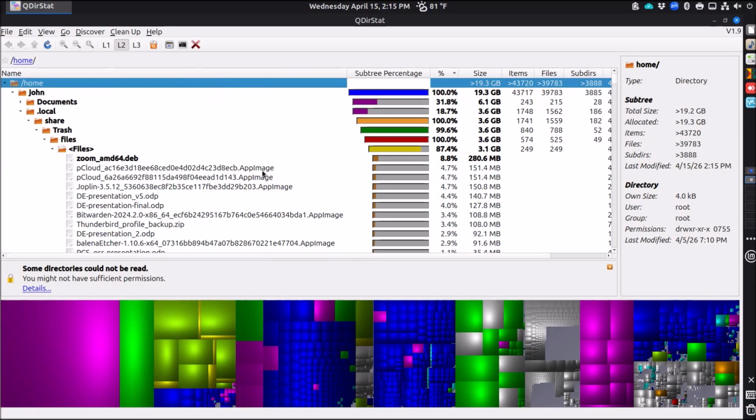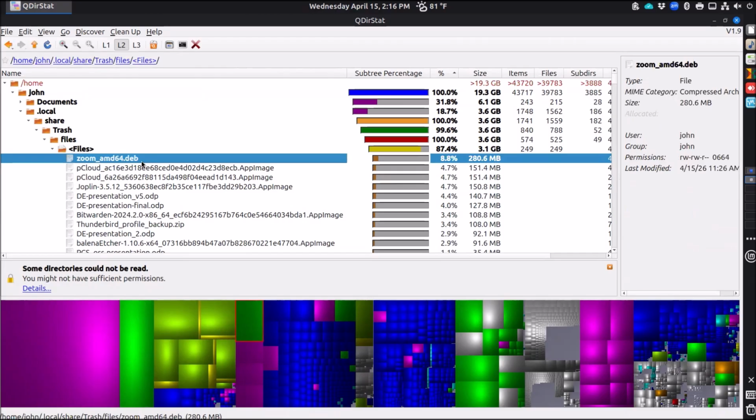On my desktop, I found that I had 3 huge zip files. There were many, many gigs apiece, taking up room that I didn't need because it was in the trash. But that's what this program does. This program lets you find out what all is on your computer, what's taking up information and taking up space. And then, you can go in and get rid of it,